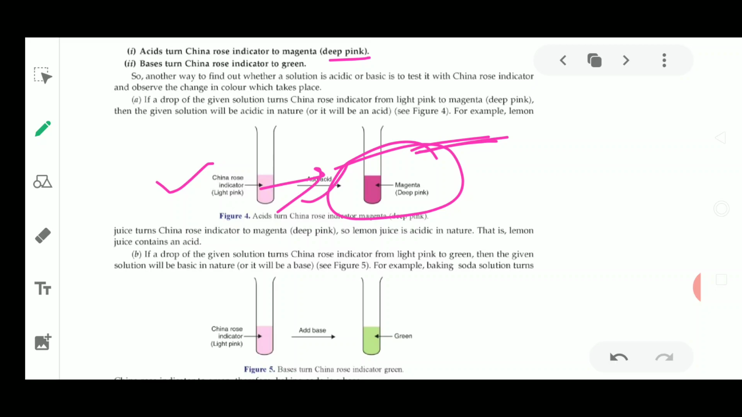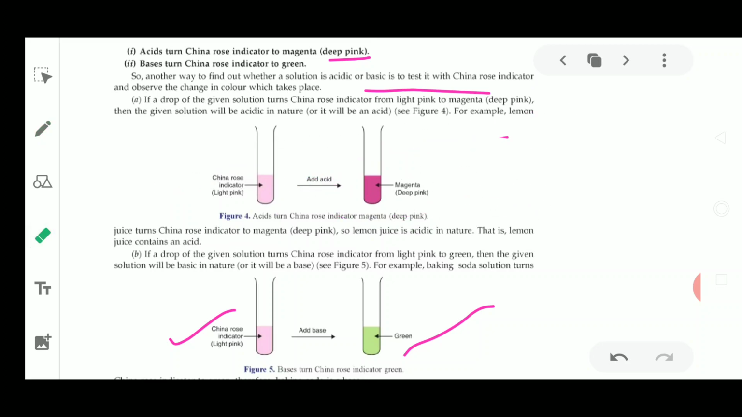Base is going to turn the indicator green in color. Whenever you add base to this China rose extract, it is going to turn into light green. So this is going to tell you that the given substance is a base. Now there is another way of finding out whether a solution is acidic or basic: test it with China rose indicator and observe the changes in color. The first one is, if you drop the given solution into China rose indicator and it changes from light pink color to dark pink color,